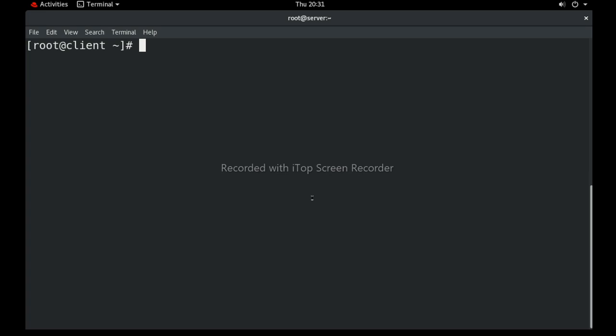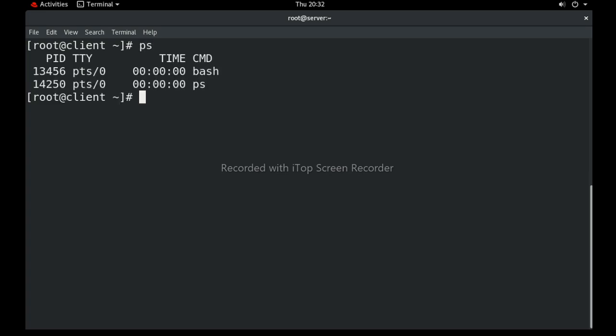Now let us discuss process management. There could be some scenarios where some processes may not be responding or they could be in the hung state. In such cases, the administrator would stop such processes. In the Linux environment, we can use the kill command to stop the running processes. For example,